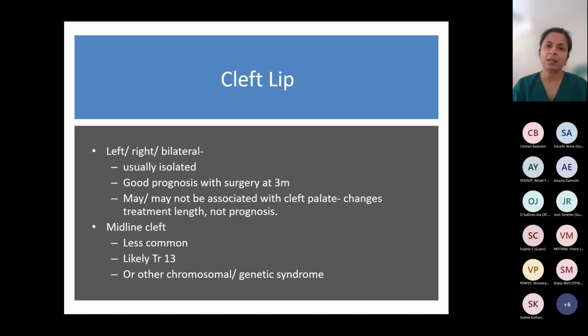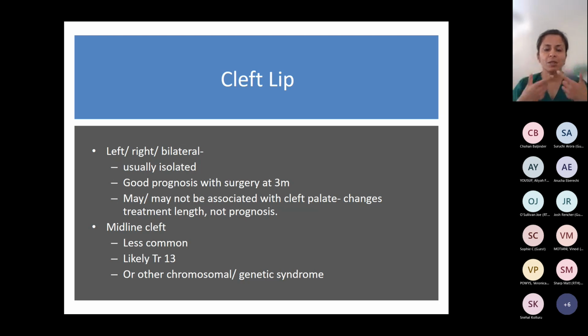But if it's a midline cleft, and so it is important to know where this cleft is. If it's a midline cleft, which is very less likely, thankfully, it can be associated with trisomy 13. So I would have a very high suspicion if I saw a midline cleft and would offer an amniocentesis to the couple to find out if they had underlying genetic disorders, because of course that then changes the prognosis considerably,